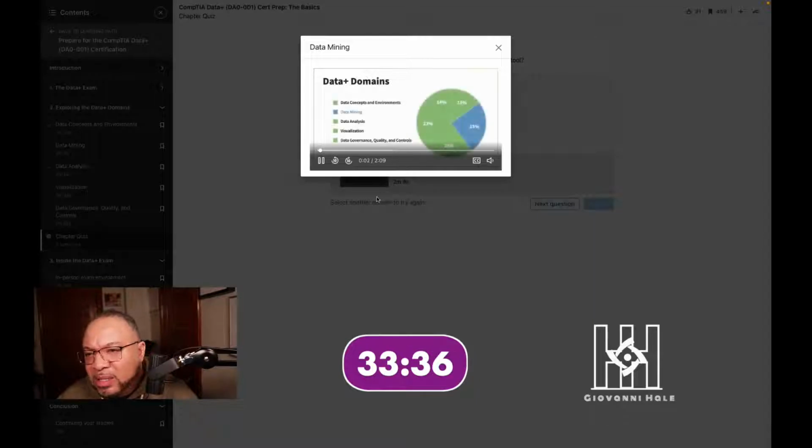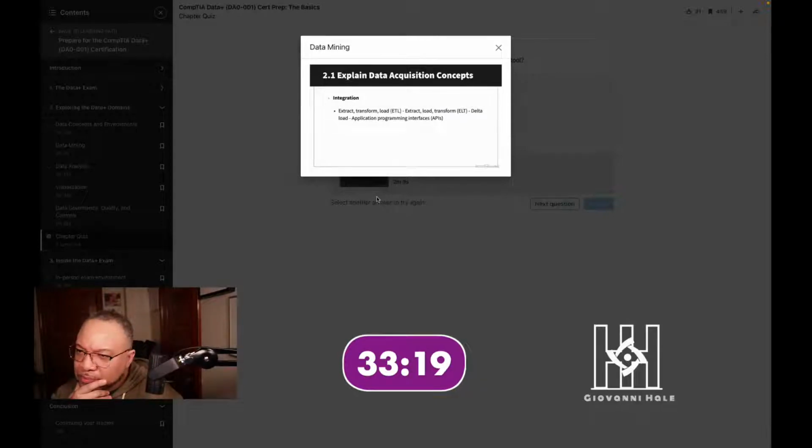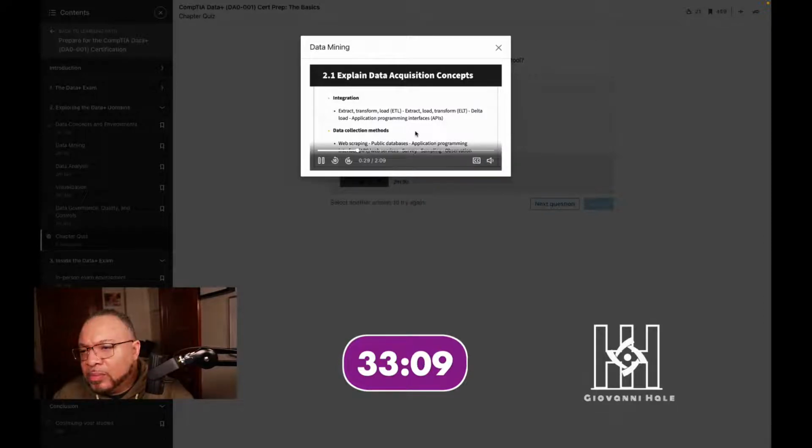The second domain of the Data Plus exam, data mining, makes up 25% of the questions on the test, and it has 4 objectives. In the first objective of this domain, you need to explain data acquisition concepts. These include understanding data integration concepts like ETL and ELT processes, data loads, and the use of APIs, and you'll also need to understand data collection methods such as web scraping, the use of public databases, and web services.